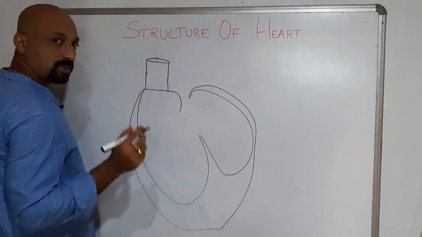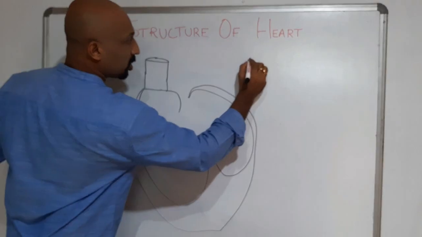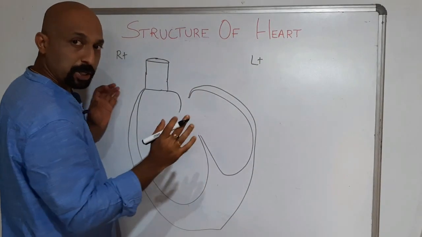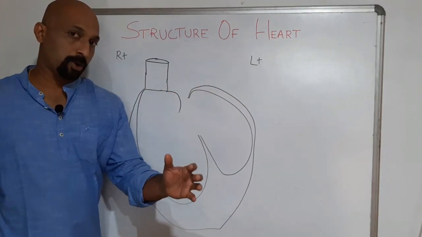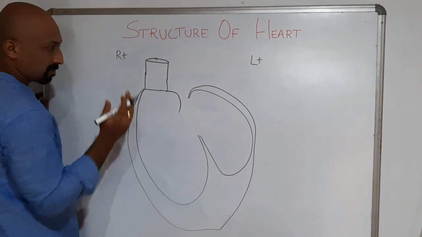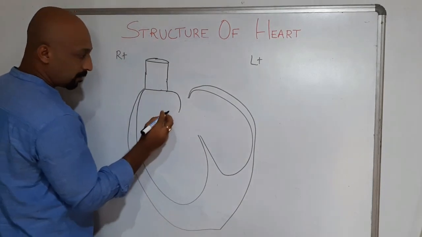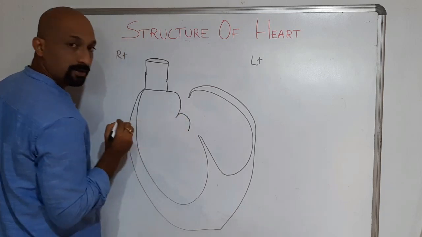So always when you draw a picture, this is your right side and this is your left side. Make sure that your sides are like this. When you draw it like this, this is my right and this is my left. So this is left and this is right. So this is the right side. So I'm drawing one more like this.